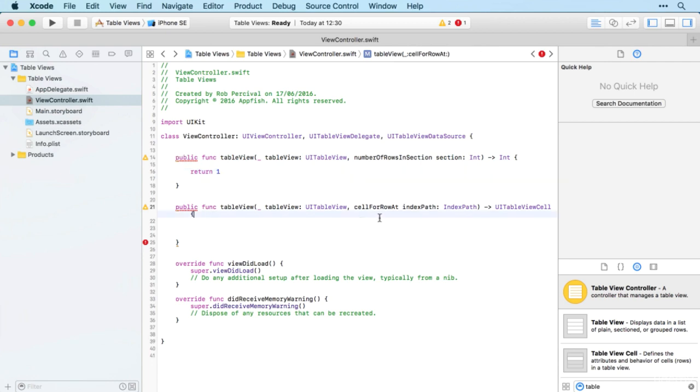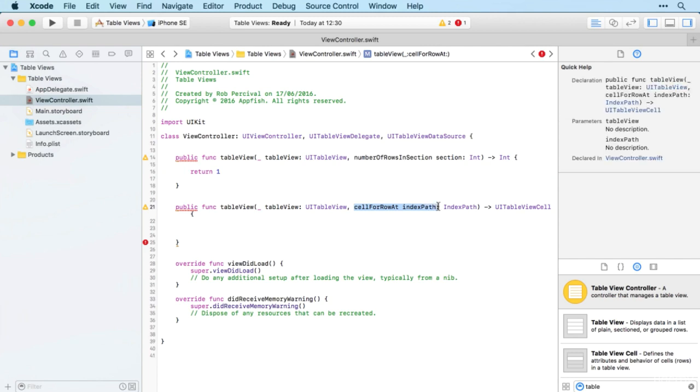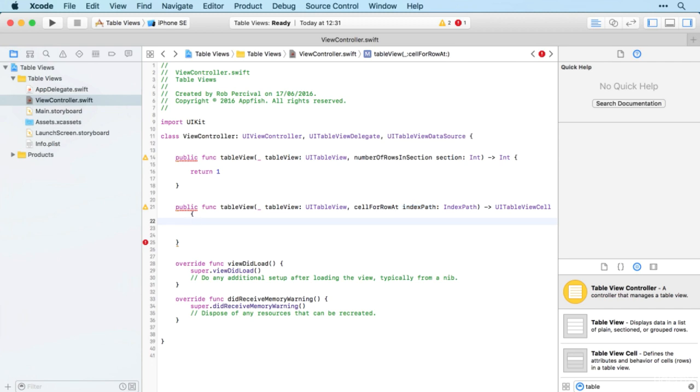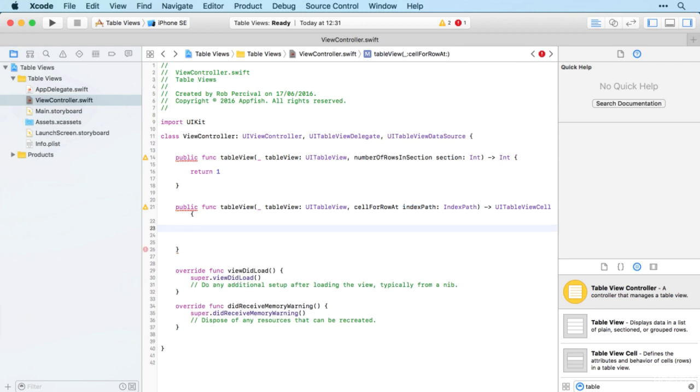This one here, cellForRowAt indexPath, defines the content of each cell. And the index path is essentially the number of each cell. It starts at 0 with the top row and then goes 1, 2, 3 as you work your way down the table. So in this method, we need to create the cell and decide what we want to have in it. So we're going to create a variable called cell,